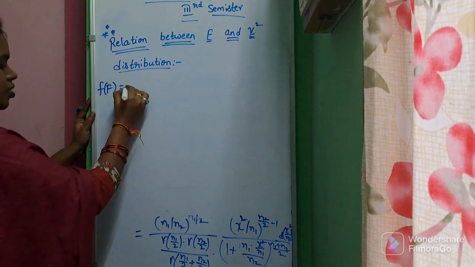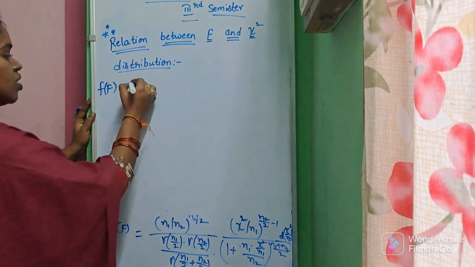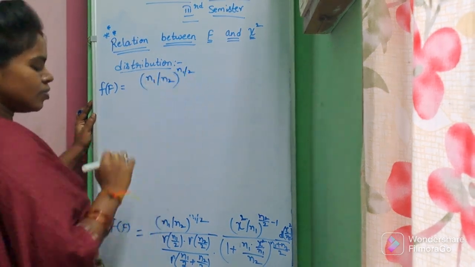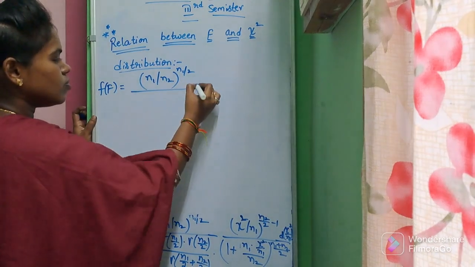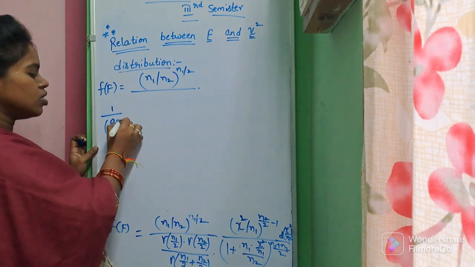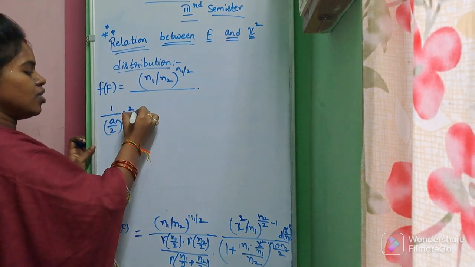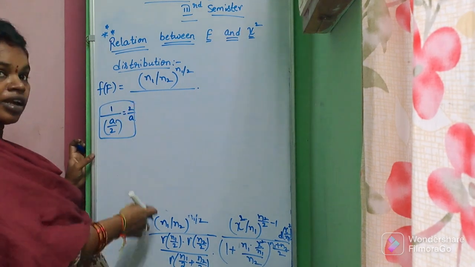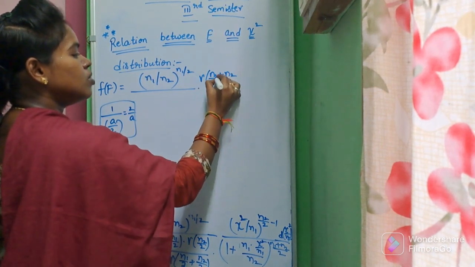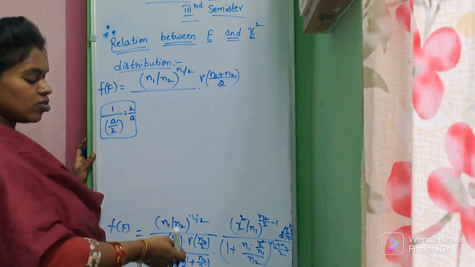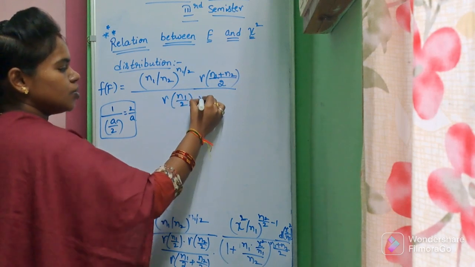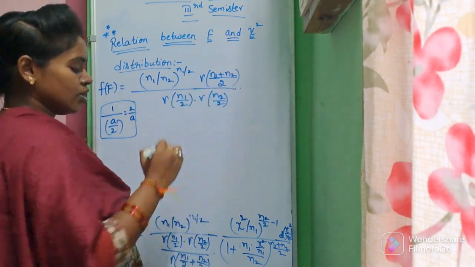For this continuation, here it is F of F. So n1 by n2 whole to the power n1 by 2 into this is like 1 by a by 2. Here we can write this as 2 by a, 1 into 2 by a, nothing but 2 by a. Like that I am just changing this gamma of n1 plus n2, because both the denominators are same, so that I am just adding, divided by gamma of n1 by 2 into gamma of n2 by 2 into